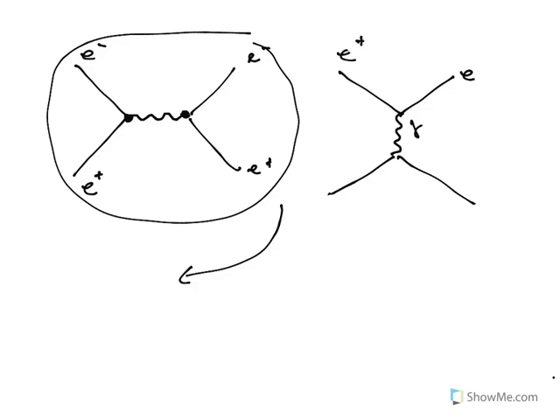Let's say it's E plus here, E plus here, E minus, like this. Let's say this were what I was drawing. What this would be interpreted as is a positron coming in, electron coming in, and then they kind of talk to each other with this photon. So maybe the positron sends a photon to the electron, and it receives it, and then they just go on